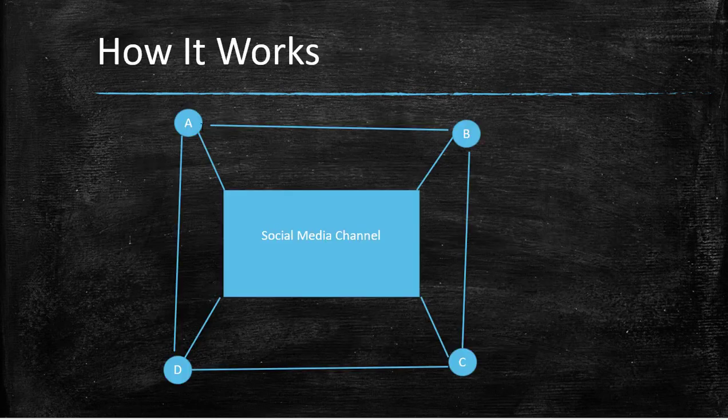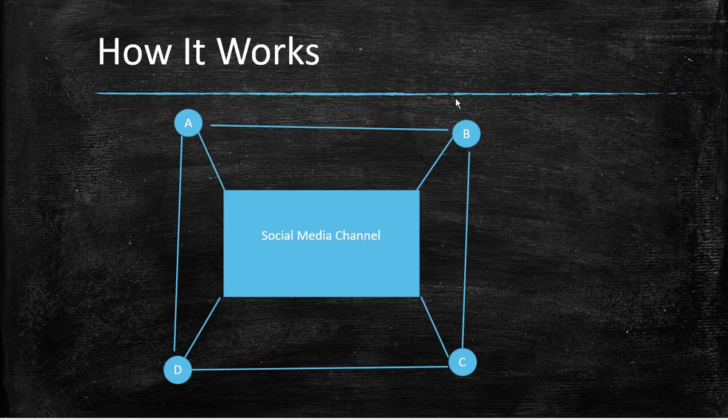There are four users, A, B, C and D, and they are connected with a social media platform. A is posting something on this platform. After seeing that post, B, C and D can make a comment on the post of A. Here, A shares some information and receives feedback. He's sharing information and consuming information, while B, C and D are consuming information first and then sharing their information.